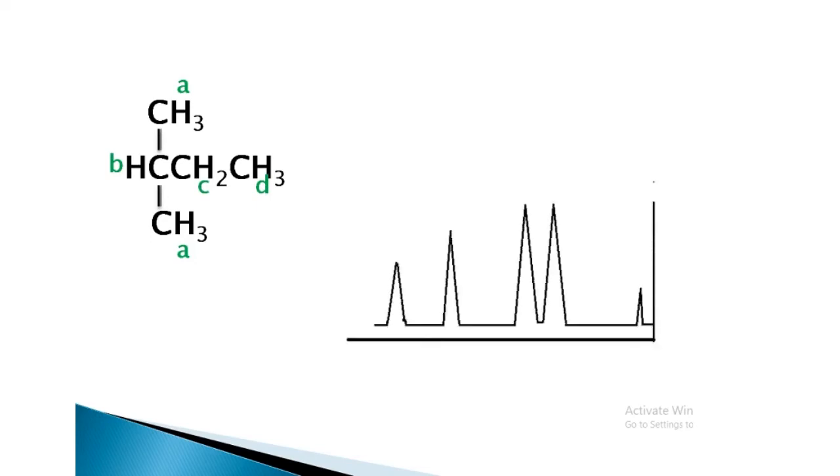Let us look at another example. Provide a rough sketch for this molecule. Let us start right here. We call these A-type hydrogens, and we see symmetry. So this should also be an A-type hydrogen, and this should be a B-type hydrogen, and CH2 would give rise to the C-type hydrogens, and the methyl hydrogen would be the D-type hydrogen. So in our rough sketch of the NMR, we would expect to see 4 peaks in the HNMR of this molecule.